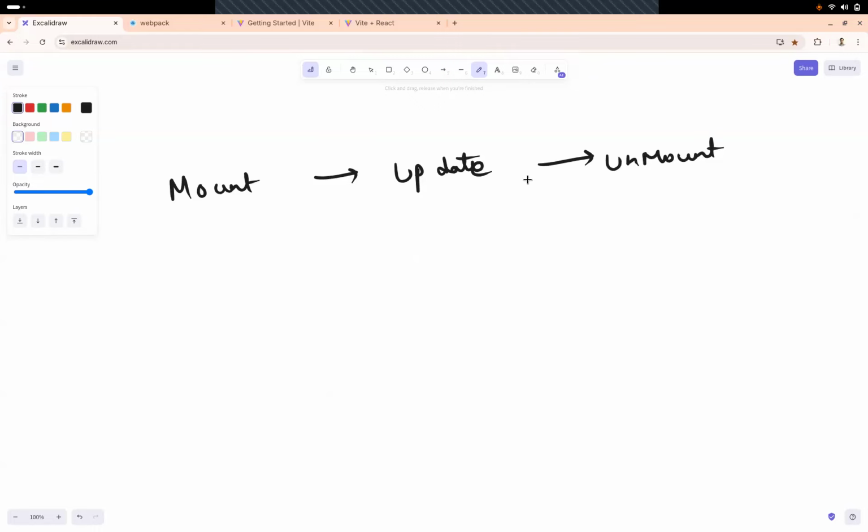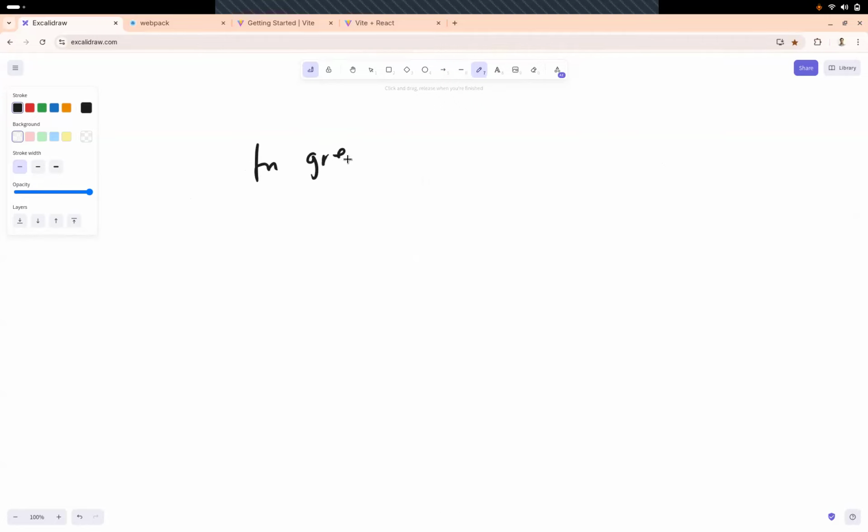What do I mean by that? Asynchronous code starts flowing. Think about this. You have a function, let's just call it greet again. This time, what I'm going to do is write a set interval over here. And what does this set interval do? It prints hello after every 2 seconds.